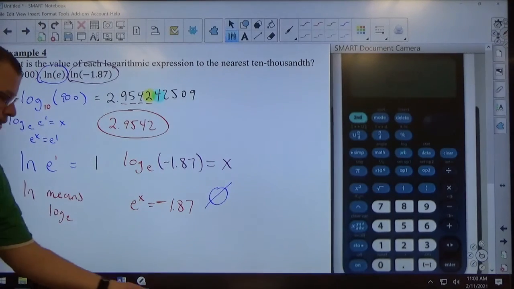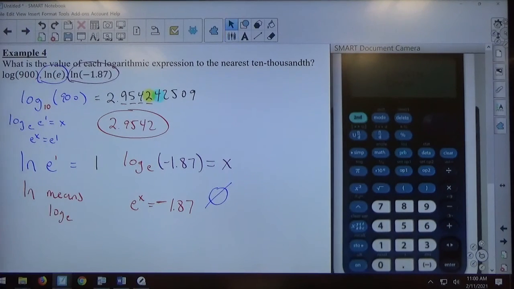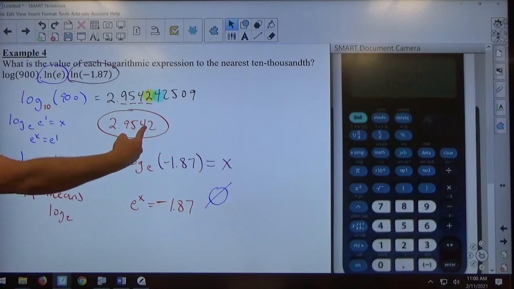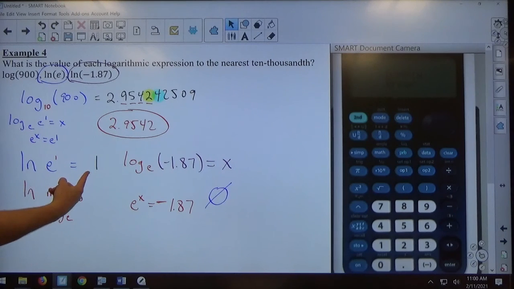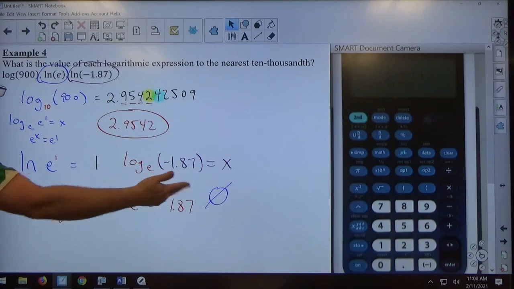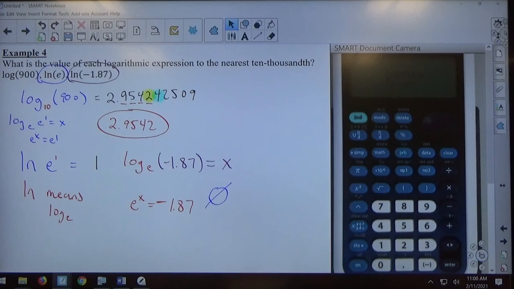Right? So those are the things that could happen with the calculator, with the log problems you have to evaluate with the calculator. It'll be either log base 10 or ln base E. You punch in your calculator, hit equals. If it spits out a number, round it to 4 decimal places. If it comes out to a whole number, let it be a whole number. If it comes out domain error, it's going to be does not exist. Those are the things that could happen on the problems that look like that in your homework. When I did the LN